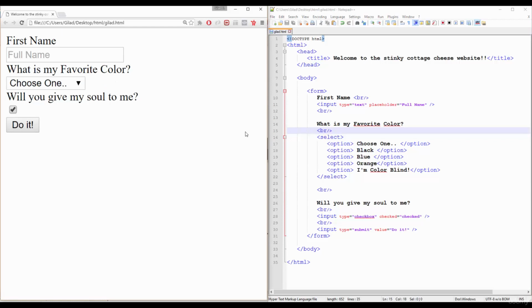On our root element, we have our form tag. Inside of the form tag, we have several input tags. These are self-closing elements. The first one is the input tag of type text, which allows us to have a text box. It also has the placeholder attribute that will make a cool placeholder effect. By the way, this works only on newer browsers, so don't freak out if nothing shows up. The other input tag is the checkbox. It has a checked attribute that makes the checkbox checked in advance.